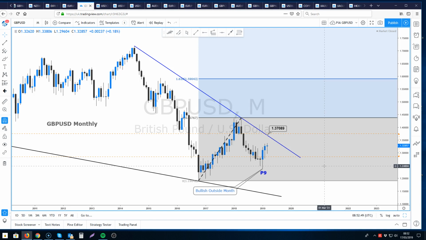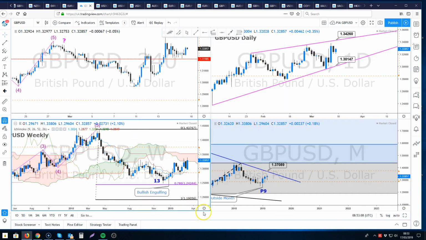This formation would suggest that we have an eventual bias to break to the upside, and what I do like is the fact that the Fibonacci levels line up. This should be an impulsive third wave as far as Elliott wave is concerned, so 1, 2, and then rallying higher impulsively. But, and there's always a but, if we look to this chart,